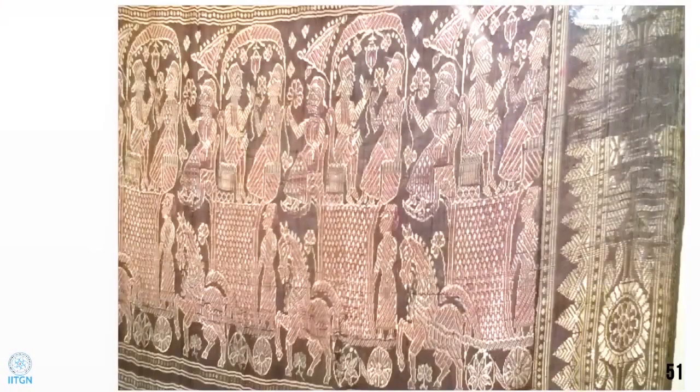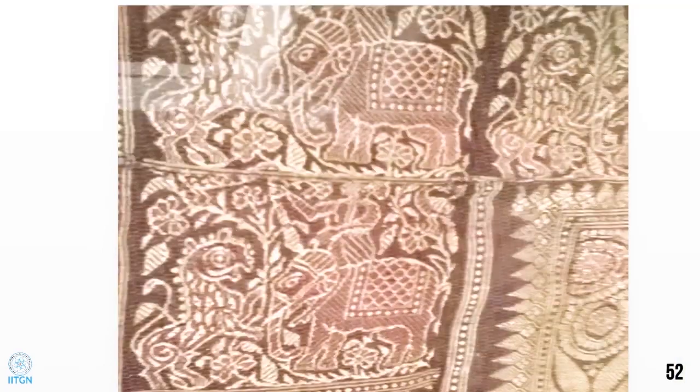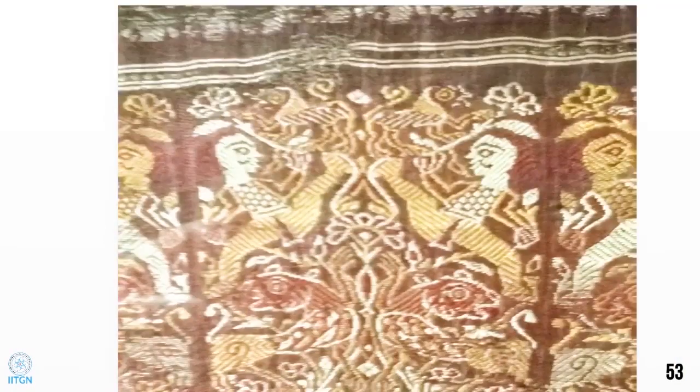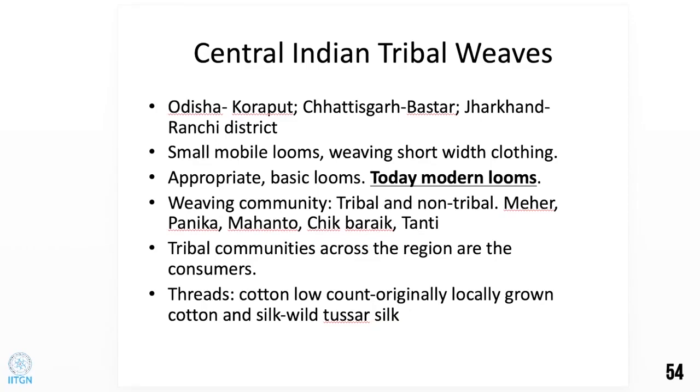We now come to the Central Indian tribal weaves. Yesterday I had mentioned, given you all the details. These are the coarse, thick count saris. This is known as the mu or the face, one end. This is a Sundarmani Pata,